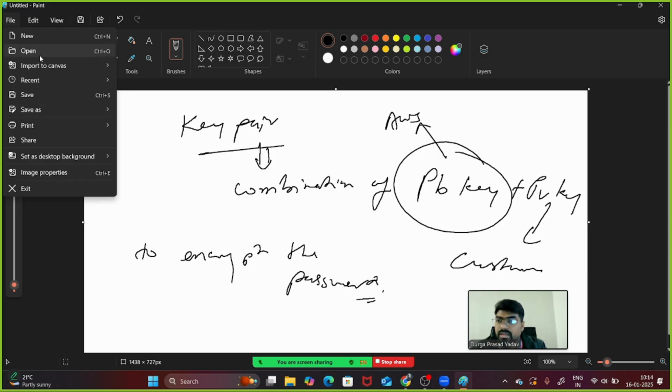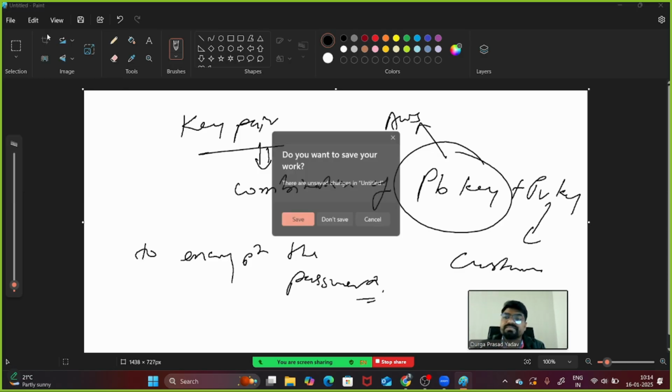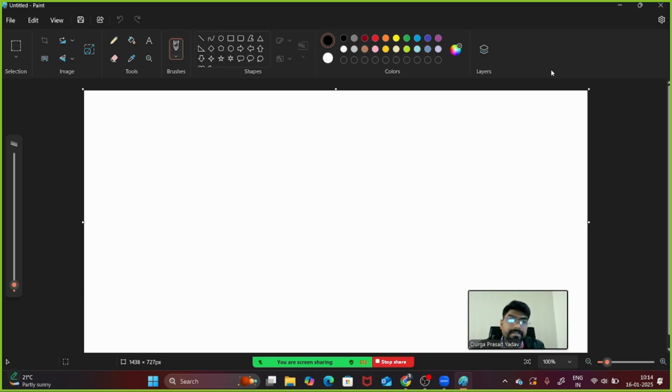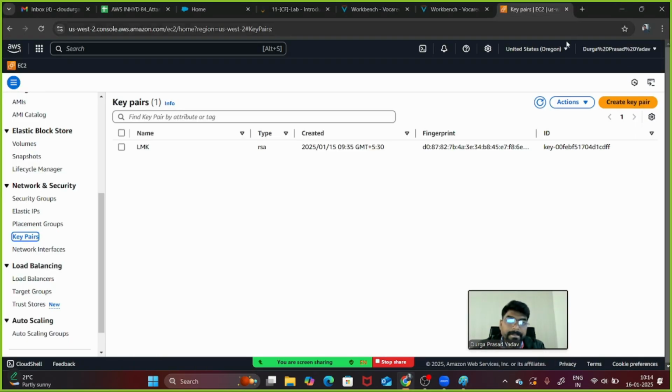Yes, sir. Sir, what if we forget, like we miss the decryption file, sir, like the key pair? If you forget the key pair, basically it is a file, so somehow it should be there in your laptop. If you forget, you cannot do anything because this is the security key of your system. You should not forget, you should keep it safe.